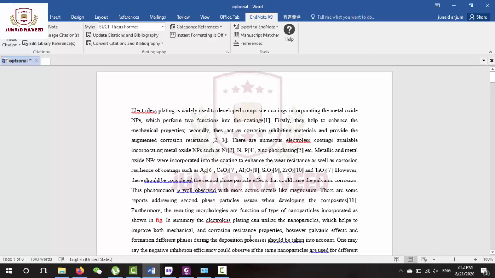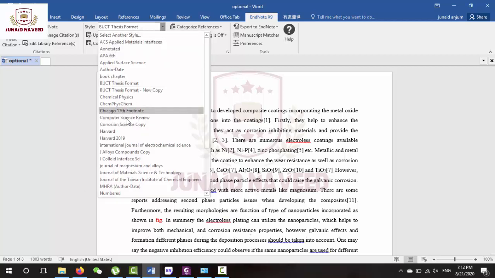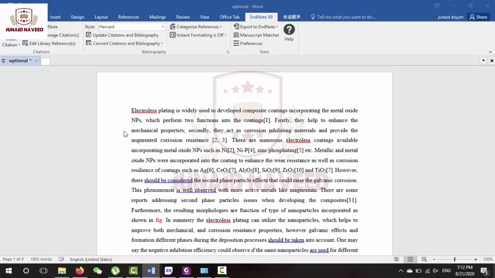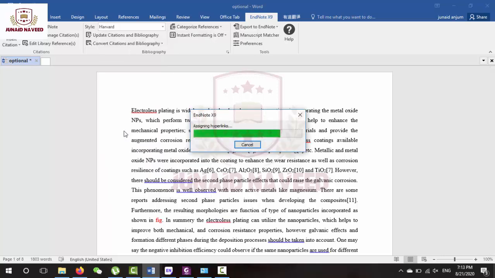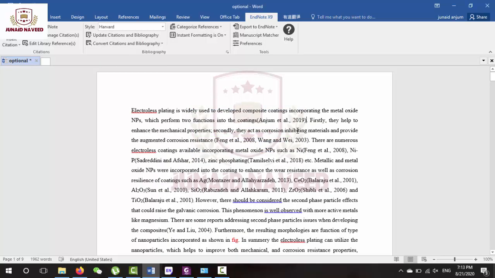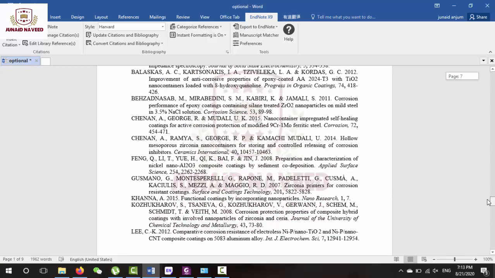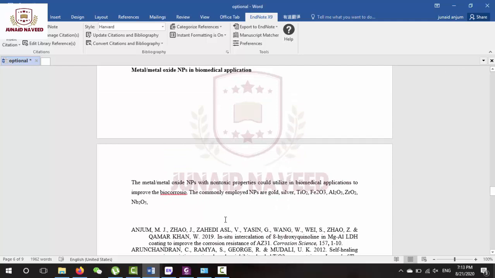The other thing is that there are different reference styles. For example, different journals or different universities use their own style of adding references. For example, someone is using Harvard style. If I click on Harvard, it will change like this, and automatically the bibliography style is also changed according to Harvard style.